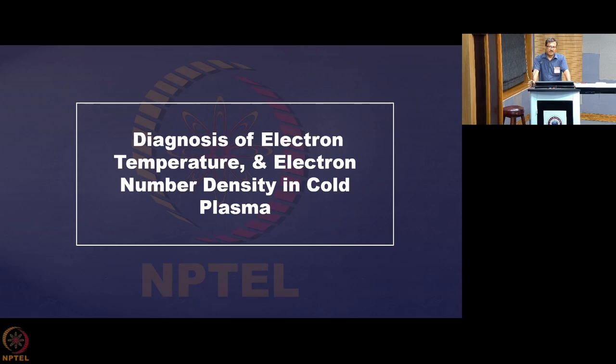Now we are entering into cold plasma diagnostics for temperature and electron number density. But the advantage here is that because the gas temperature is low, we can insert any probe. Of course, there is a possibility that the probe itself will disturb the plasma, but if we are able to minimize that, then with sufficient accuracy we will be able to determine the number density and temperature of the cold plasma.